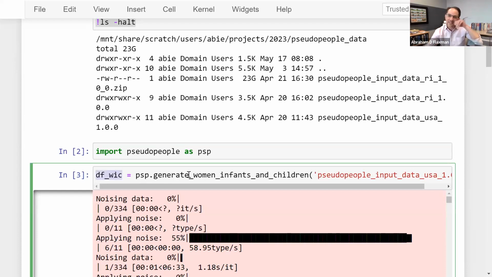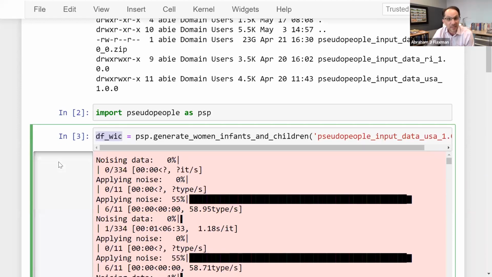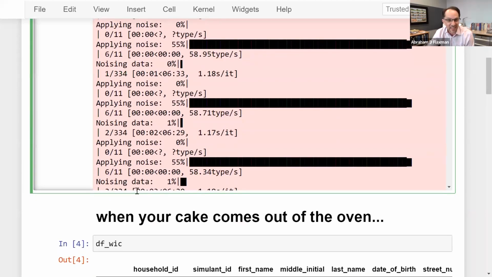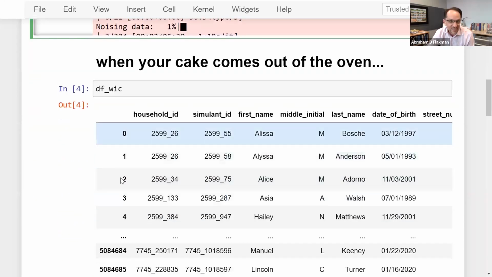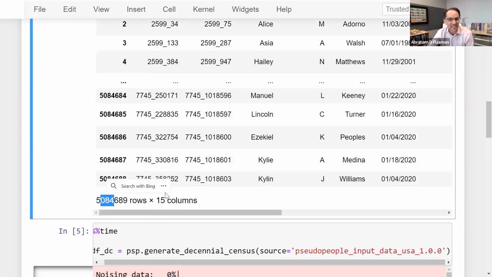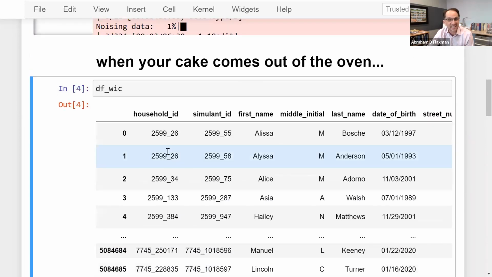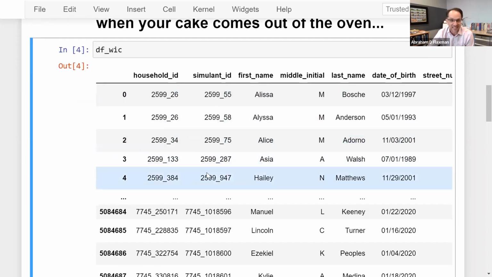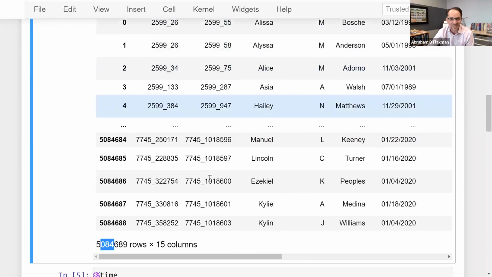I first loaded a simulated data set based on the administrative data collected by WIC, a social protection program. And when the cake comes out of the oven, we've got this multi-million row set of data that represents a sort of USA-sized set of WIC administrative data that you might use in testing your entity resolution algorithms.